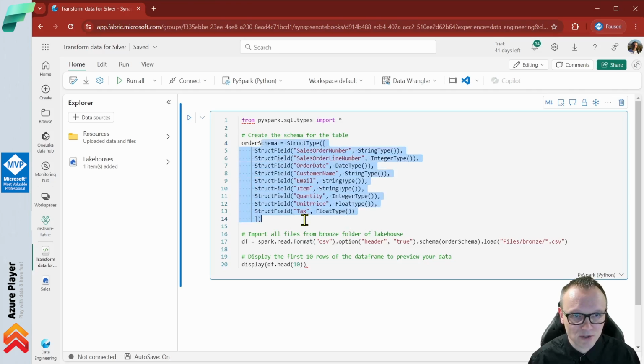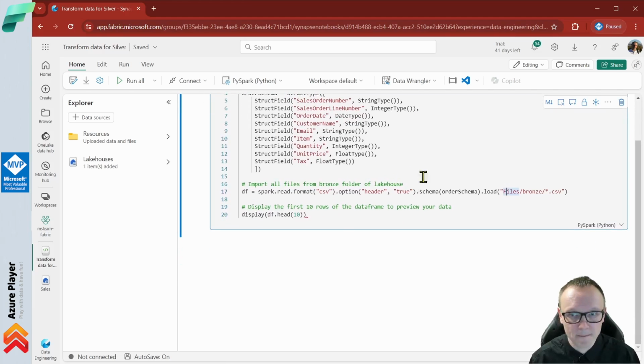So this is the structure I'm defining up front, and then reading the CSV format files with the header, assuming that those files have a header, and then applying this schema. So I'm reading all the CSV files from the bronze layer, and I will display